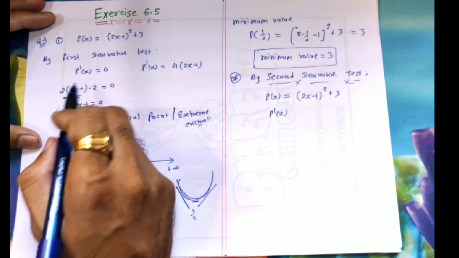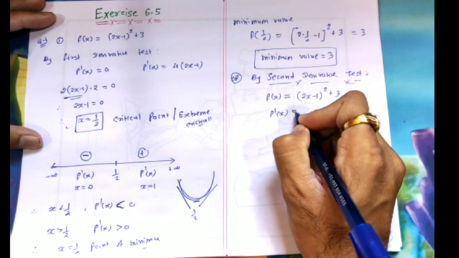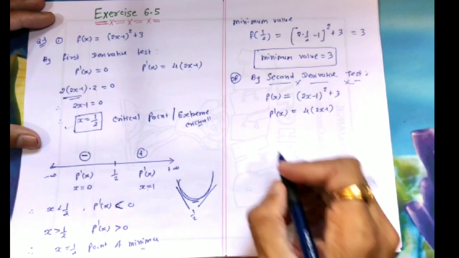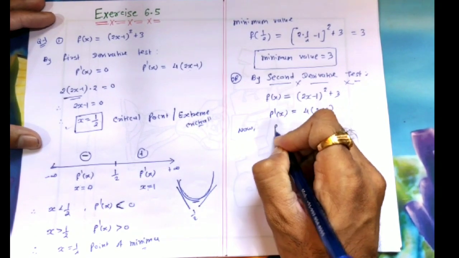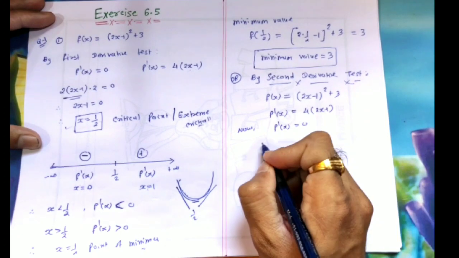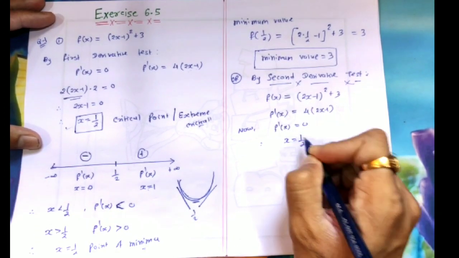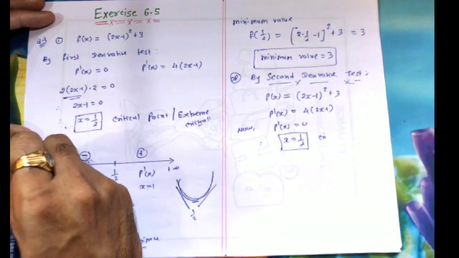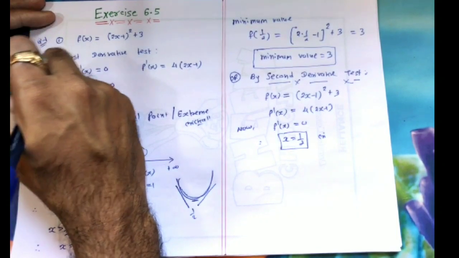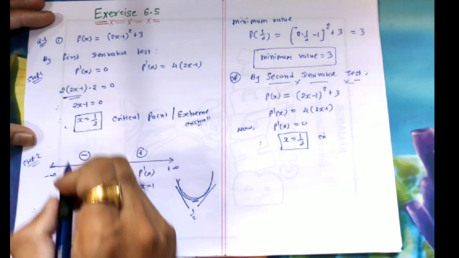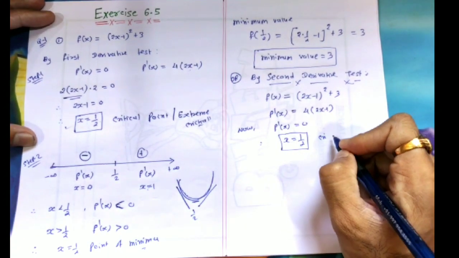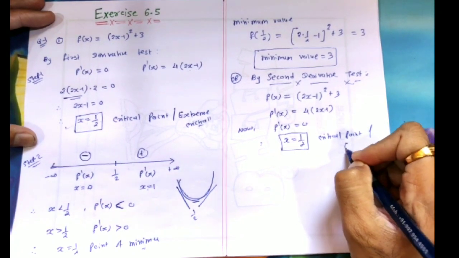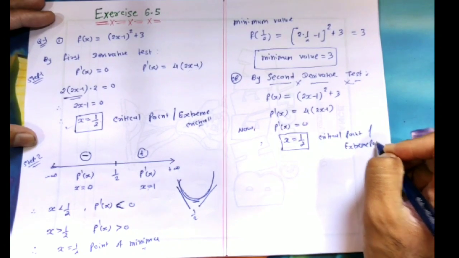फर्स्ट स्टेप तो सेम ही है, आपको फर्स्ट ऑर्डर डेरिवेटिव फाइंड करना ही है दोनों में. So take, find f dash x which is 4 into 2x minus 1. Then you have to find the critical points. So to find critical point, compare f dash x with 0. So we are getting critical point x equal to 1 by 2. So the first step is common between first derivative test and second derivative test, है ना. Step 1 और ये suppose step 2. तो स्टेप 1 दोनों में कॉमन आएगा. This is our critical point, or this is our extreme points.